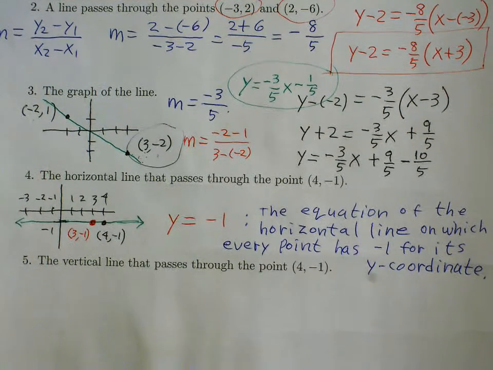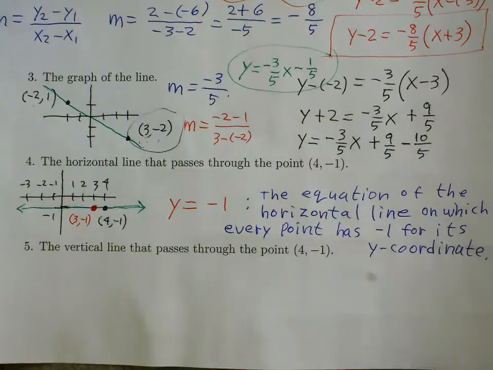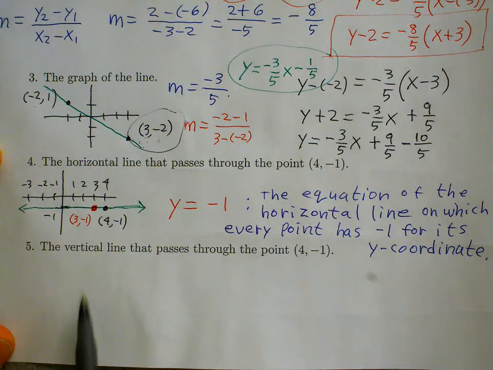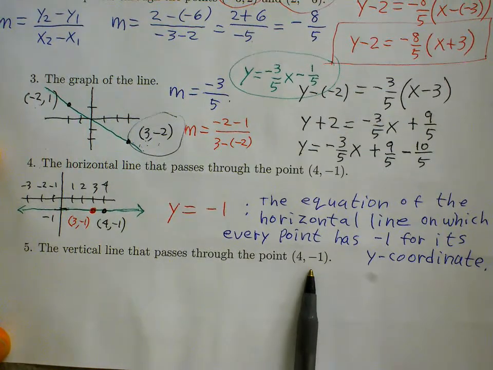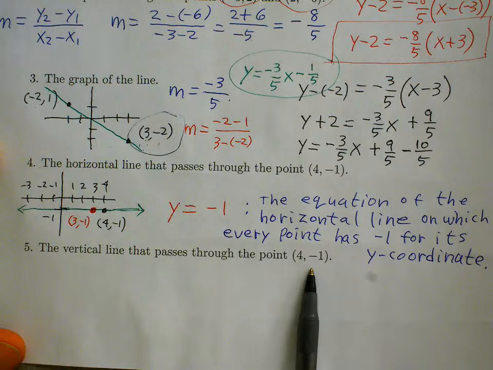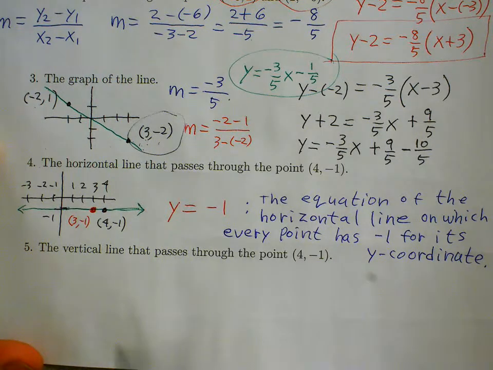Okay, the next problem, number 5, find the equation of the vertical line that passes through the same point, 4, -1. What's the equation for the vertical line that passes through 4, -1? x equals 4. Yeah, so